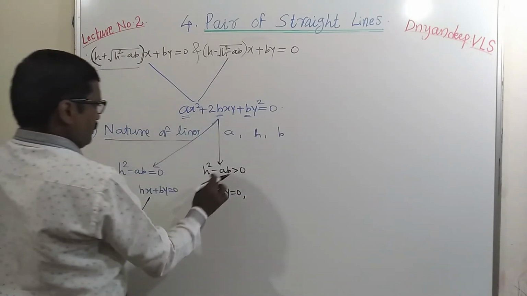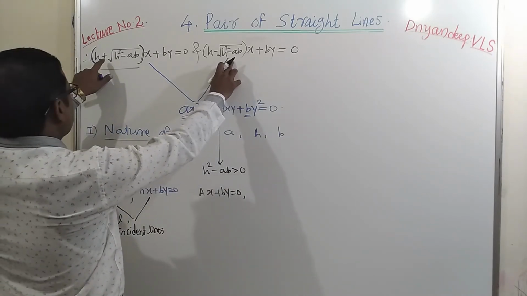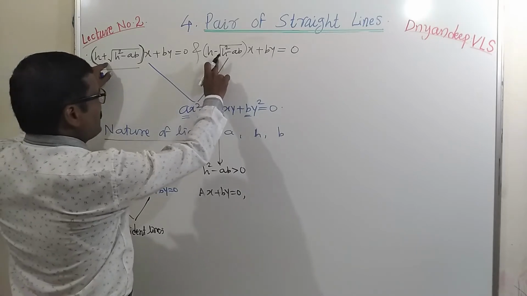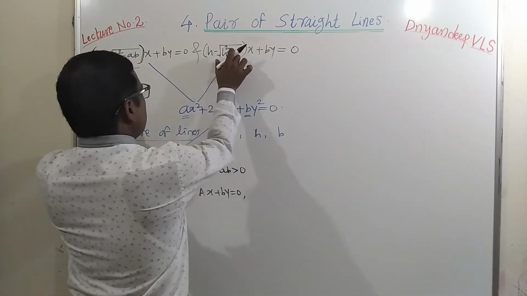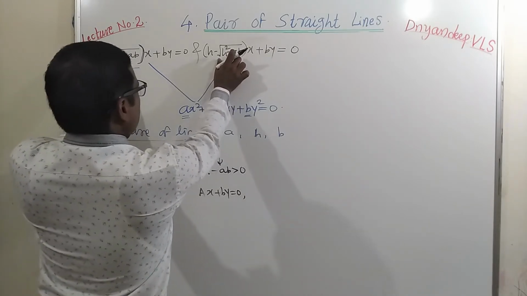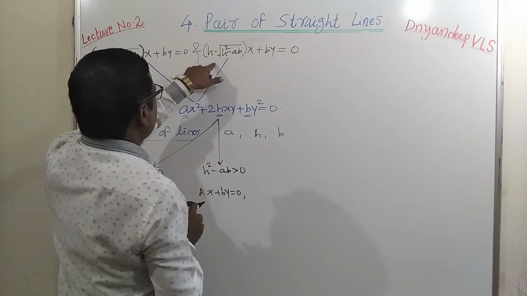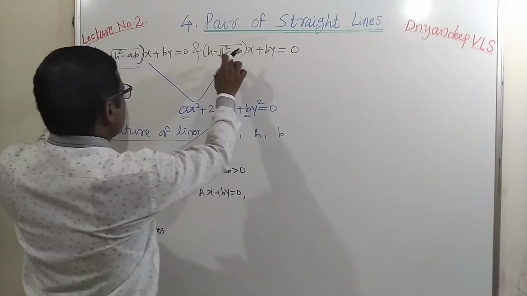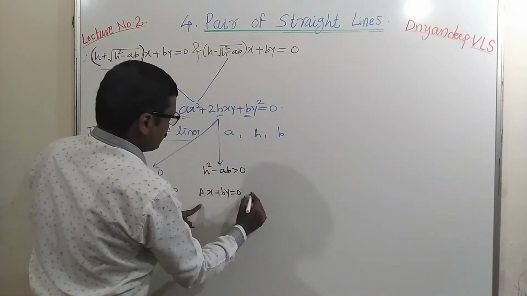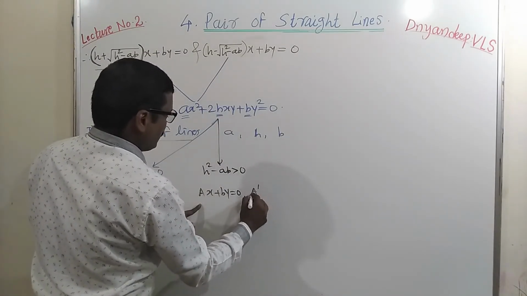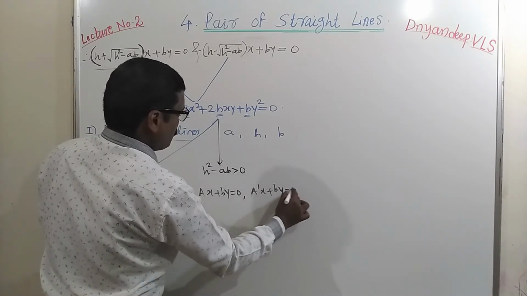If this x square minus ab is positive, here is the positive root, and here is a negative sign for this root. So this number is different from this one. This is positive, this is negative, so opposite numbers are here. So h plus a certain number and h minus a certain number. These two give us different constants. In the first case we have supposed constant a. Here let us suppose constant a dash. So a dash x plus b1 equal to 0.